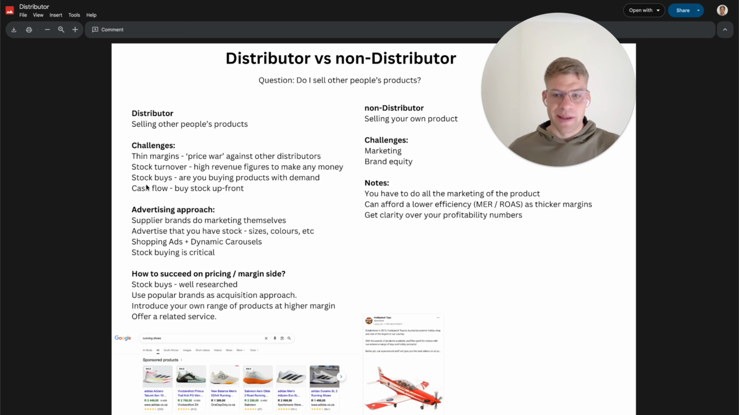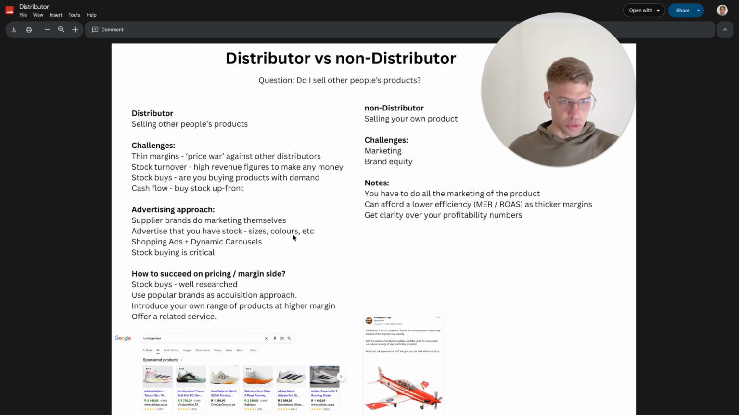So actually buying the right products is critical for any distributor, and I'd recommend putting a lot of effort and investment into that side. So just touching on the advertising approach, and I guess the differentiating factors between a distributor and non-distributor. Obviously with a distributor, you are selling someone else's products or another brand's products, so that brand obviously does all the advertising, and all you have to do is advertise that you have the stock and what sizes,